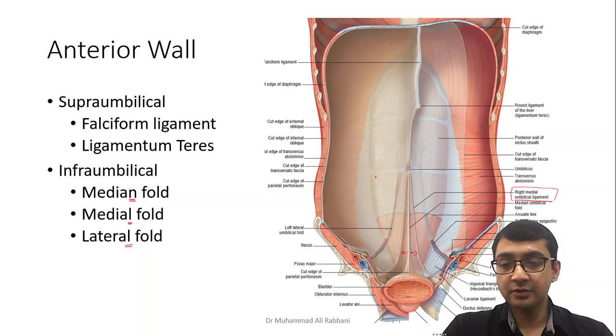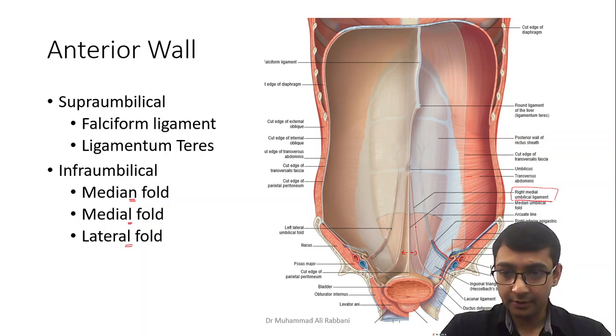And a very interesting question, a common sense question is asked: which one of the following folds when cut will lead to bleeding in an adult person? Think about it. It will be this fold because it contains actual live vessels.